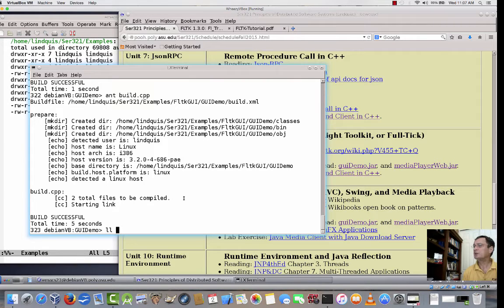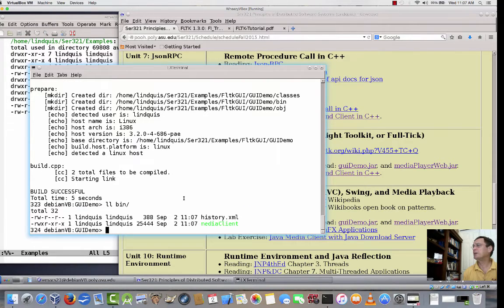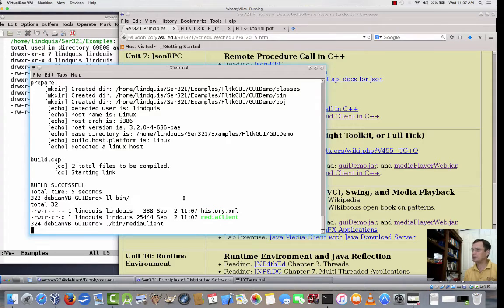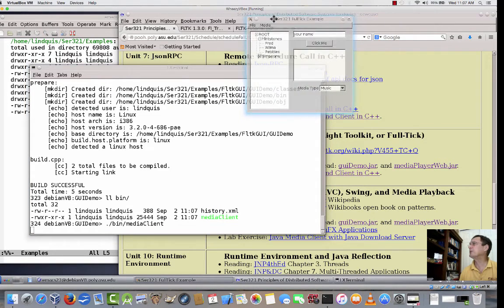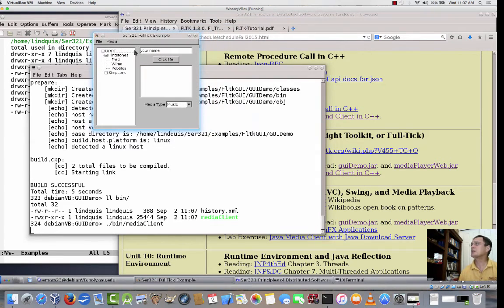And now if you look in the bin directory, you'll find a media client. If you execute it, no command line arguments are necessary. I don't know how well this will show up on the video, but this is actually fairly close to the client that you should use for your solution to assignment 5. Again, make sure that you develop assignment 5 working from the command line first, and then get into the FLTK